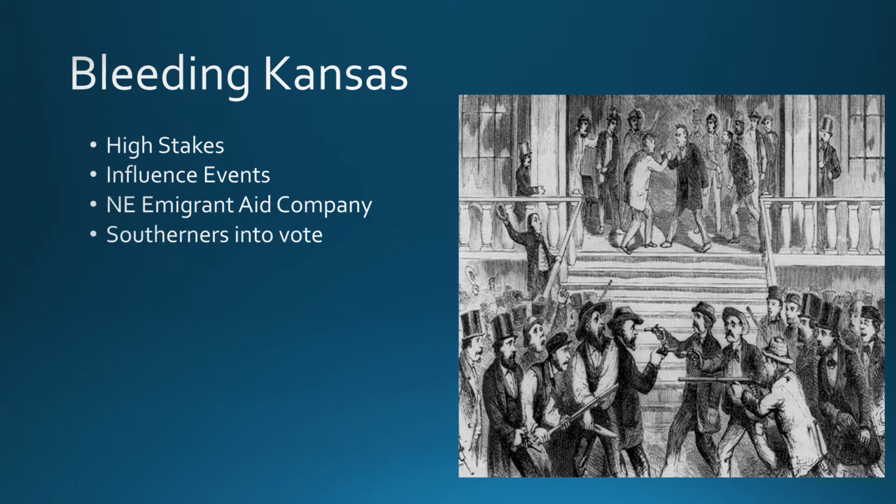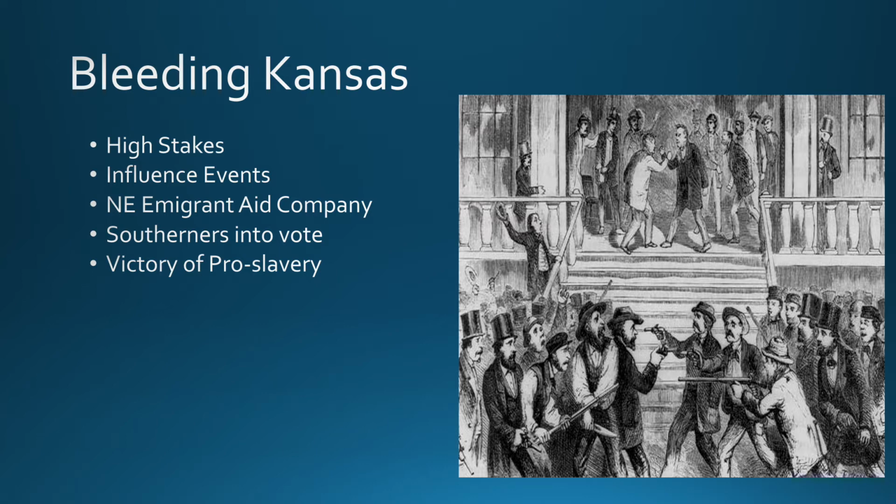And on the day of the vote, numerous Southerners, especially from their neighbor Missouri, will come in and vote in support of a pro-slavery constitution. As a result, pro-slavery will win in the vote. However, it was a hugely contested election to the point where, obviously, you have extreme voter fraud going on as people have voted in a state they don't belong to. Literally, they're going to cross the border into Kansas, vote, and then return home. So that's obviously really, really serious, so much so that there are more votes cast than actually people living in the region.